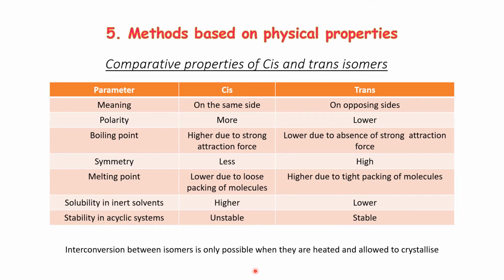Interconversions between these isomers are only possible when we apply strong heat. We have seen we have to convert maleic acid into fumaric acid, then it can undergo cyclization. Because of restricted rotation, this isomerism is seen, and it is not possible to easily interconvert them. So we will have to apply harsh conditions like vigorous heating, longer time, bonds will be broken, and when they again crystallize out, during the reformation they can undergo conversion into another isomer.